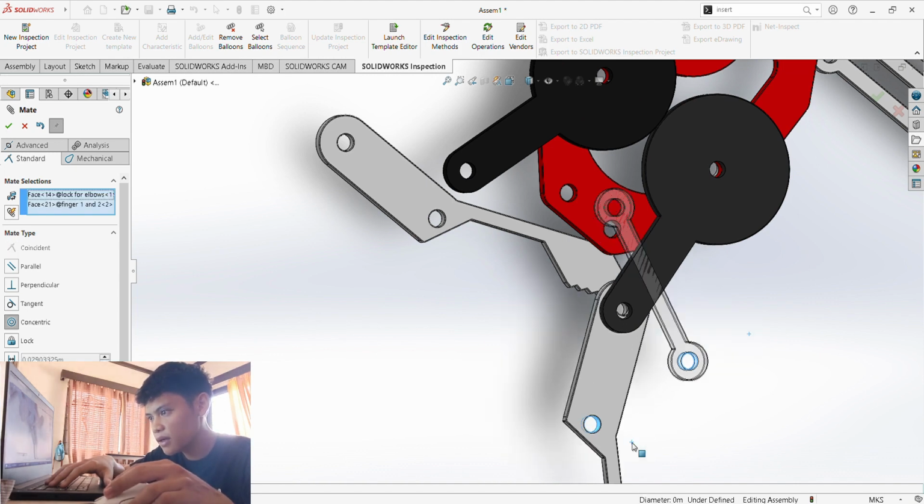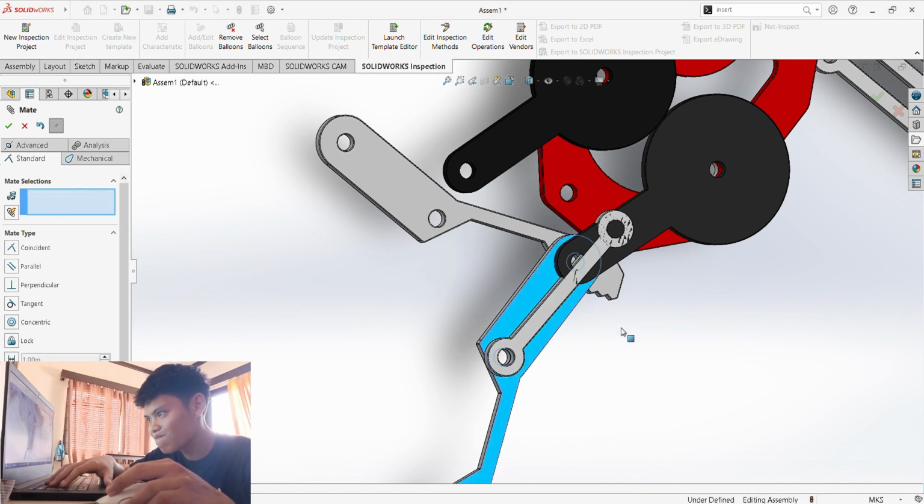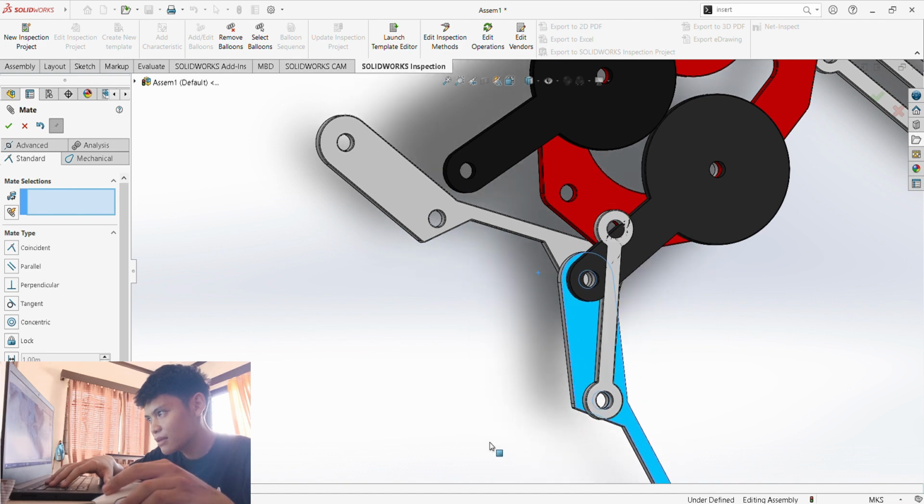As you can see, my SolidWorks is lagging. It is lagging.